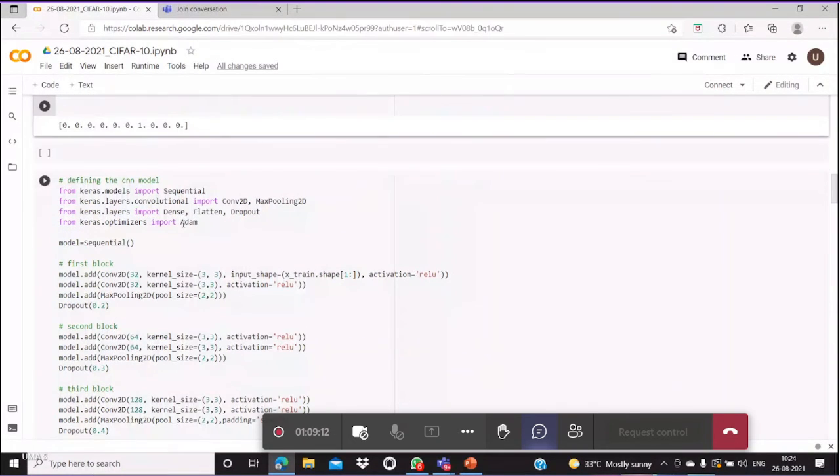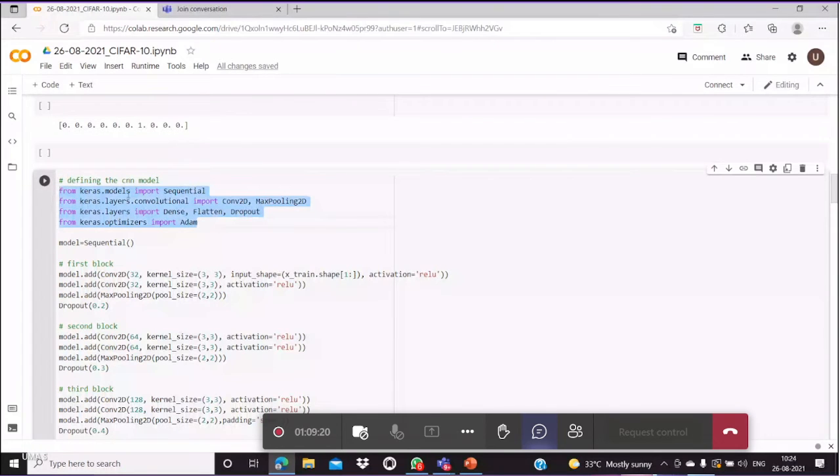Okay, so next I'm defining the model. This is my own customized model. These are the packages we have to include. I'm creating a sequential model, a linear stack, because RCNN is a feed forward neural network, and here I'm not using any feed forward RCNN at all. It is a simple CNN, so I have to mention sequential. The layers we are going to use are Convolution 2D and MaxPooling 2D, or you can use AveragePooling 2D. We also use Dense, Flatten and Dropout layers.